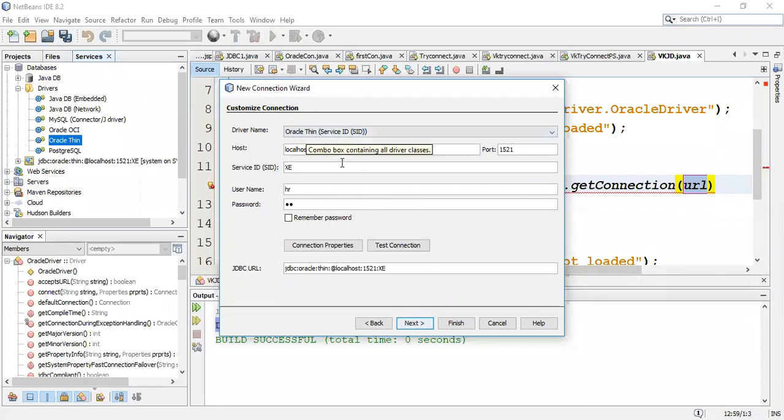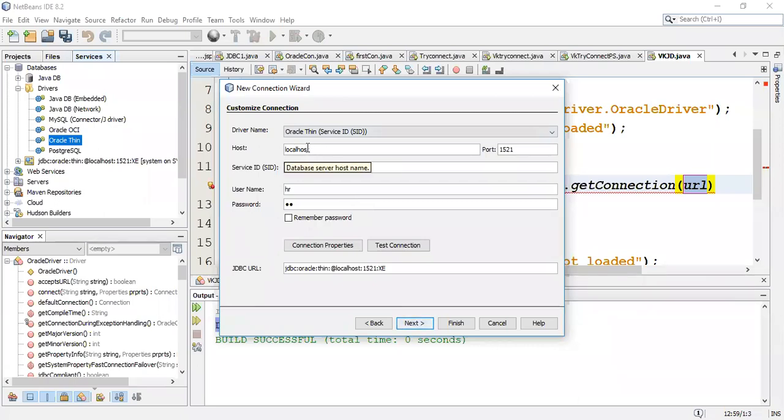Aditi, can you see this? Yes, ma'am. This dialog box is giving me the driver name. Driver name is Oracle Thin. Then it shows localhost. Now my database exists on the same PC. That's why it says localhost. If my database exists on some other PC and I want to connect my Java program to that database, I have to give the IP address here.